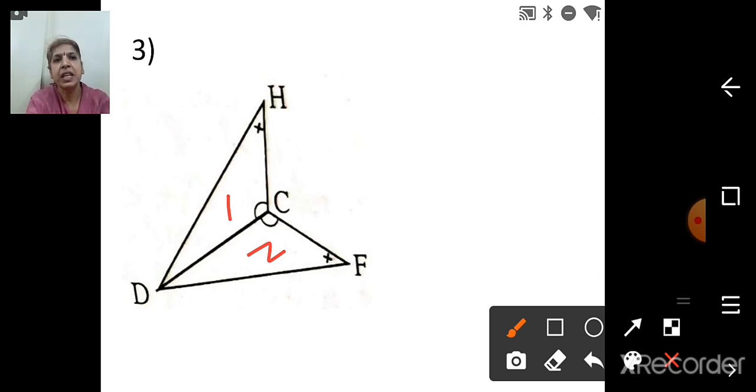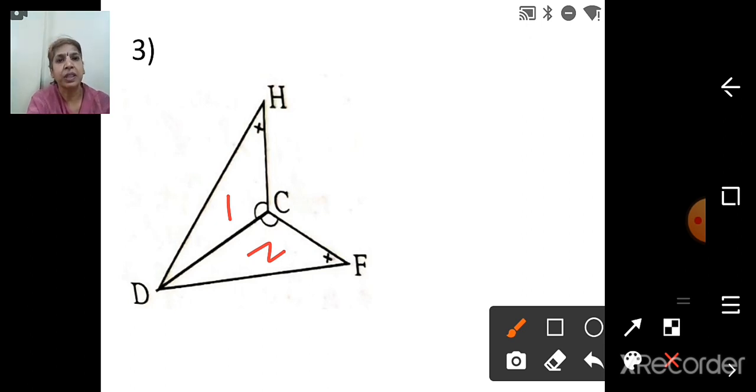Now you can see here the identical mark, and these are the identical marks, same, right? So angle H is congruent with F. This is single letter name, we will be writing 3 letter name. And then you can see C is congruent with C. And two identical marks are given.